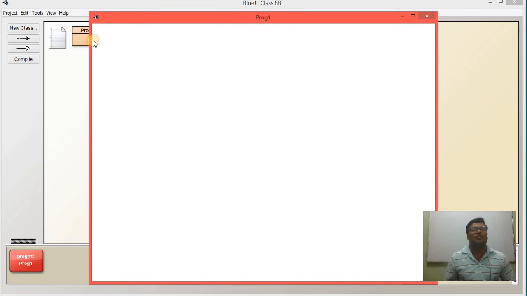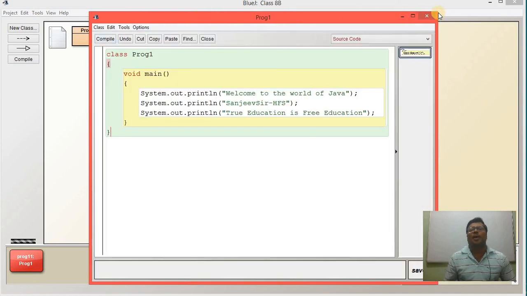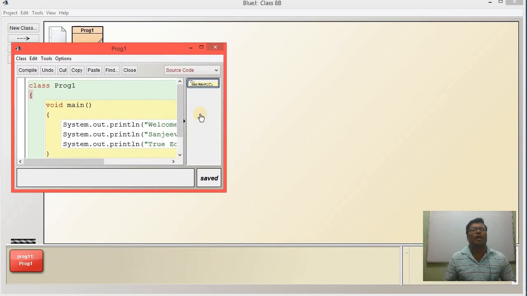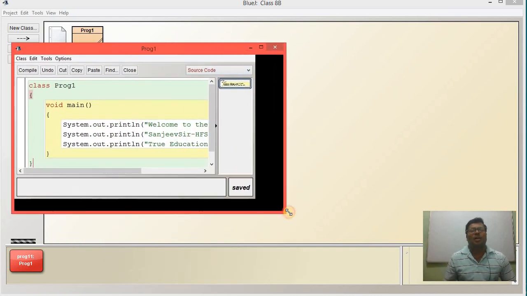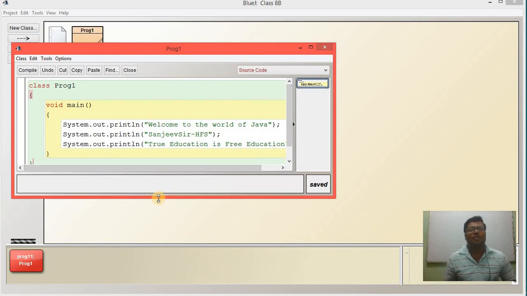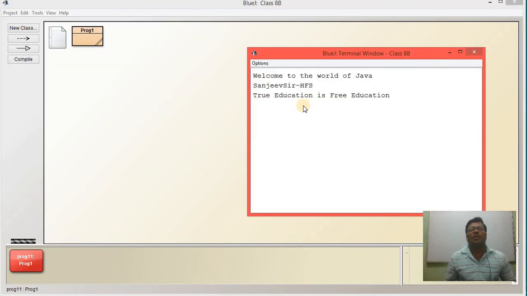This is the area where we write the program, the editor. BlueJ also has the facility to debug and run the program. So in BlueJ we have different places: the editor for writing the program and the terminal window for displaying the output.